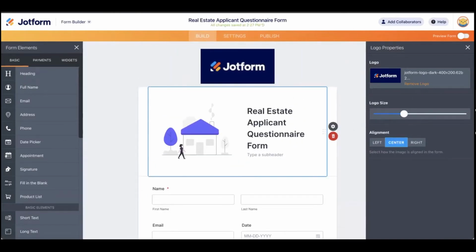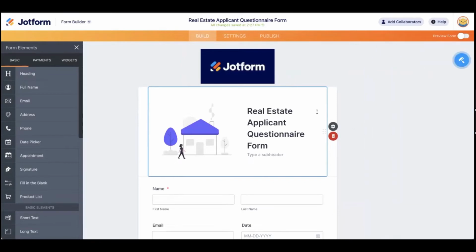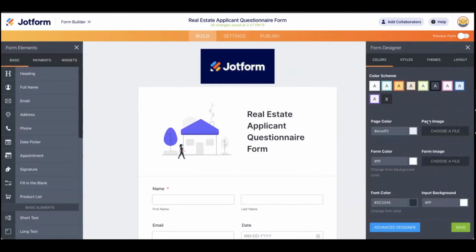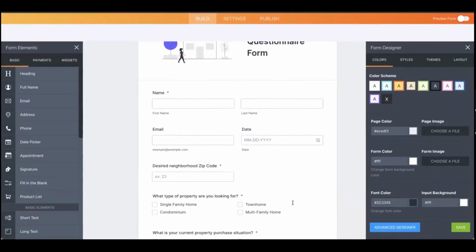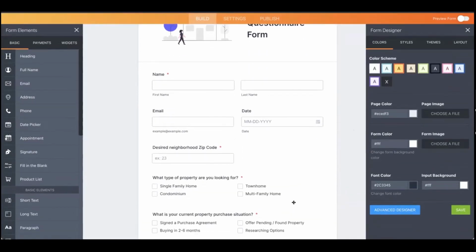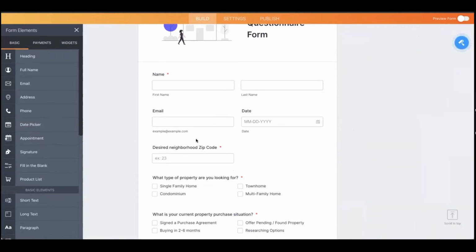You can also adjust size. I just wanted to show this, like the possibilities are endless. Here's your form designer. You can select the color schemes, page colors, style scheme, layout, everything. You can also edit the CSS code of the form if you know how to do that as well. But we are proud of being a no code tool. So drag and drop. We are aiming to please everybody who is not needing to know